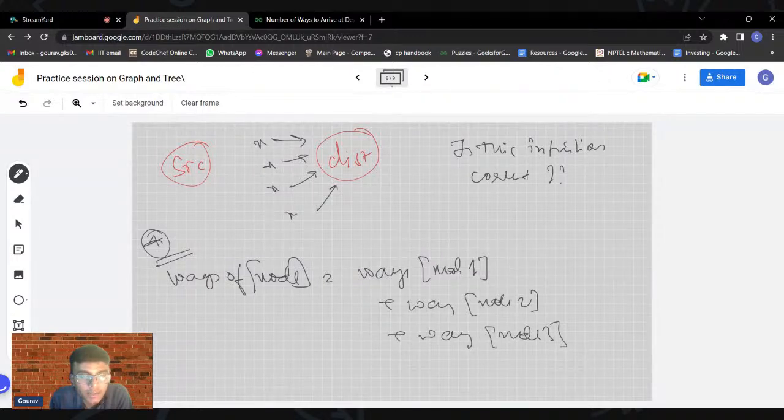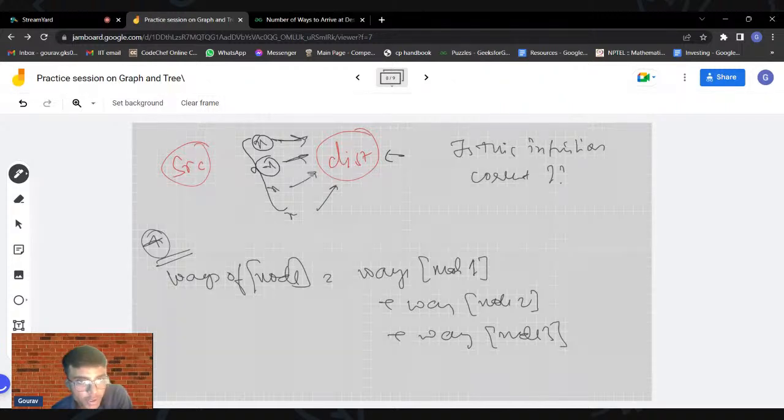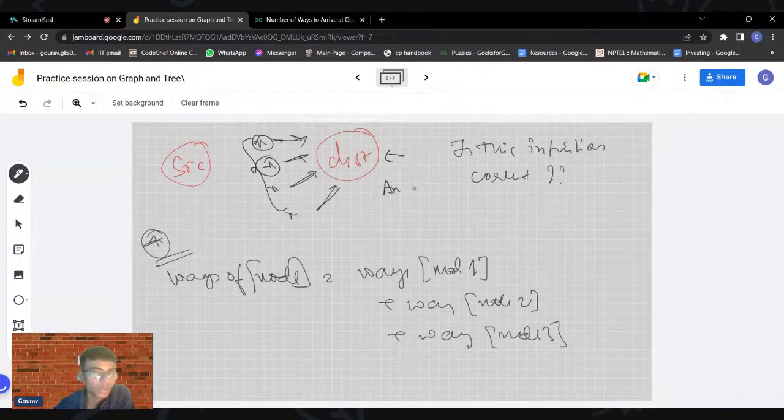Basically, let us say that this is your final node that you want to reach. You see that there is one path which is taking time x, and another path which is again taking time x. In total there are four paths leading to the final destination, each taking time x. So all these are four edges. Will your answer be equal to 4?